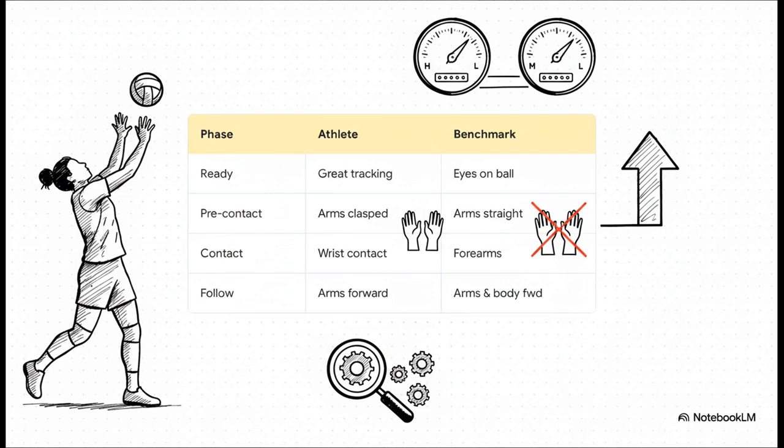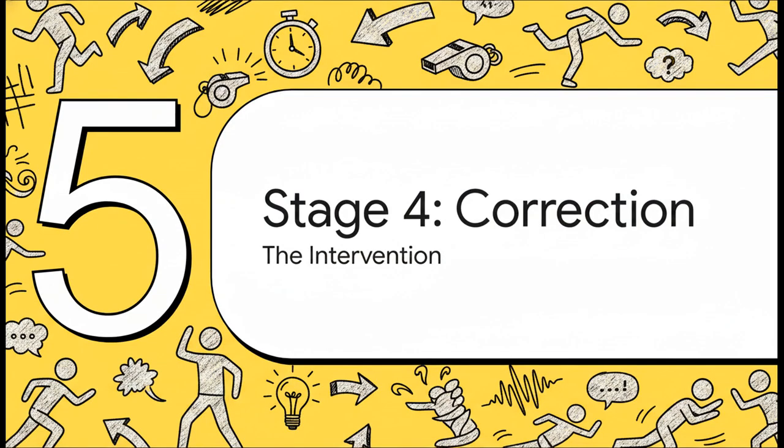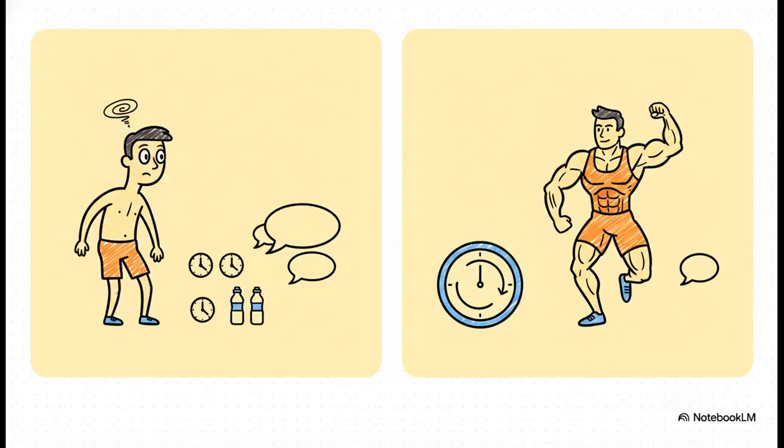For example, if the athlete's contact phase is ranked low because they're striking the ball with their wrists instead of their forearms, you know exactly what to prioritize first. Remember, a great coach never tries to fix the whole shebang all at once. And finally, Part 5, Stage 4, error correction, the intervention. To actually fix those errors effectively,